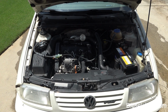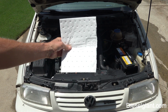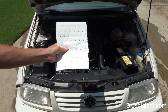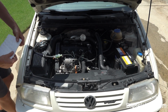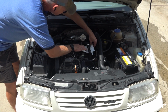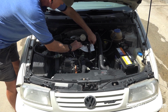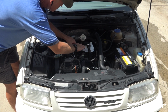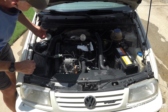All right, I want to show you guys something real quick. You may not have heard about these. These are called PIG, P-I-G, PIG pads. These are oil absorbent pads. What I do is I take this pad and put it under here like this. No, it's not going to catch on fire, so don't worry. I've been doing this for years. I put that right there,